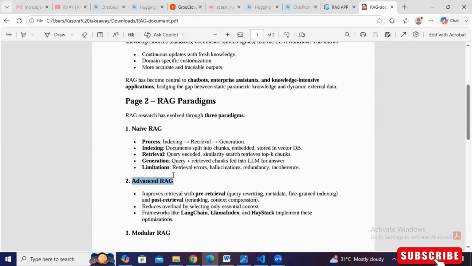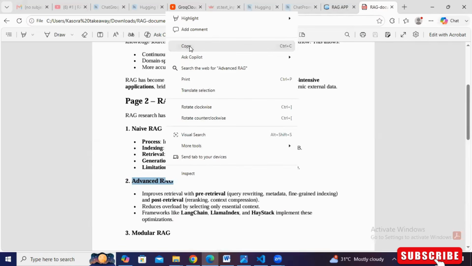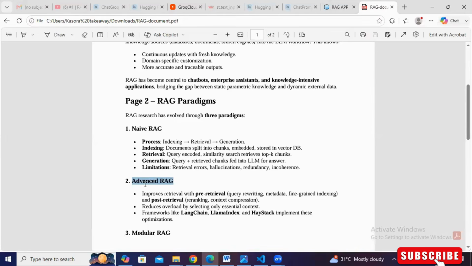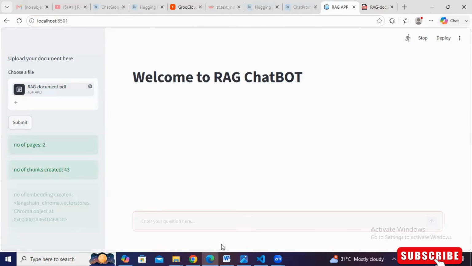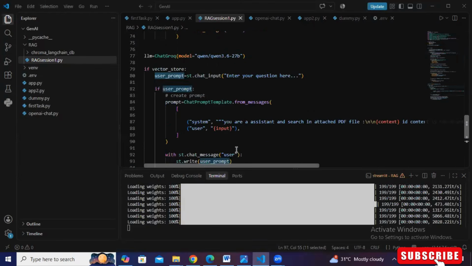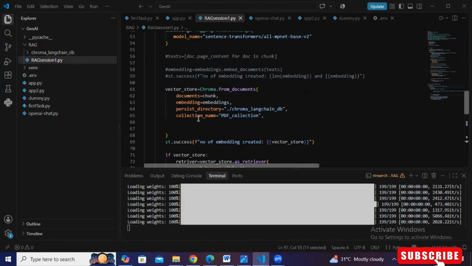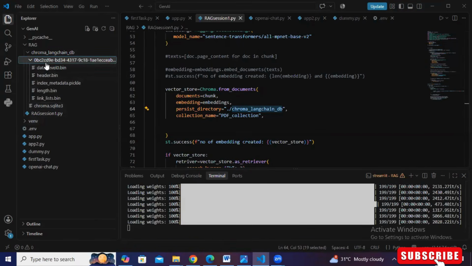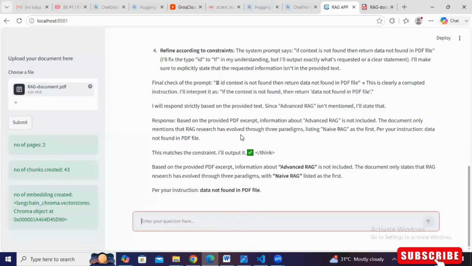Oh, sorry, not here. Copy, come back to the RAG and just ask what is advanced RAG, right? Just see that this advanced RAG is present in this document. So it will search here. What is it doing? It is coming here, right? Let me go to the code. Right now it is here. And just see that we have given the persistent directory, right? This directory is already created, and that vector store is already stored over here. The embedding is already stored here. And let's come back to the portal. You can see here